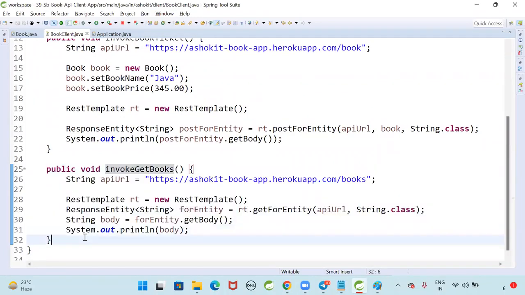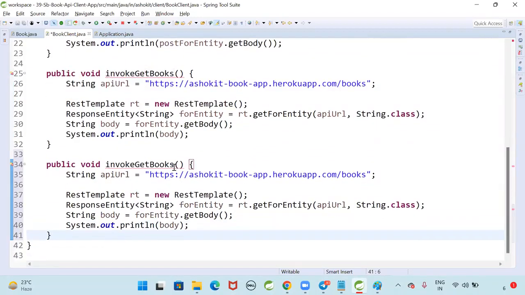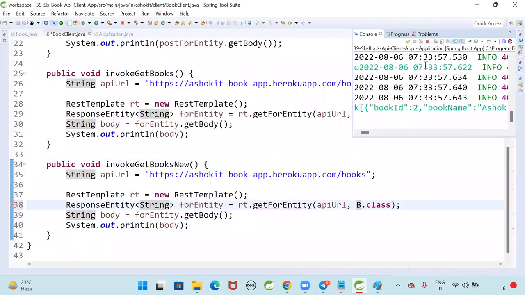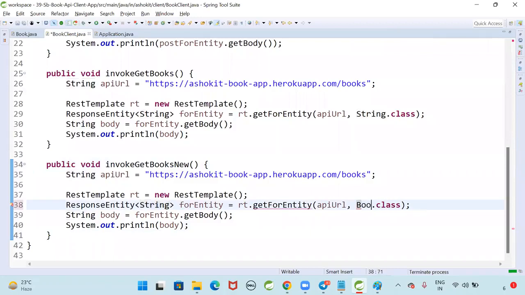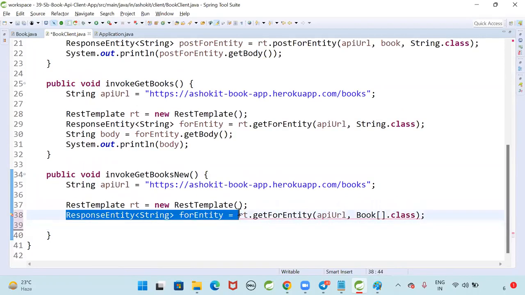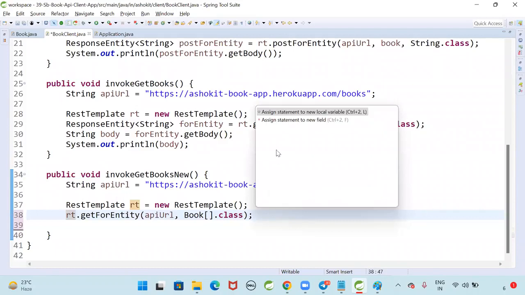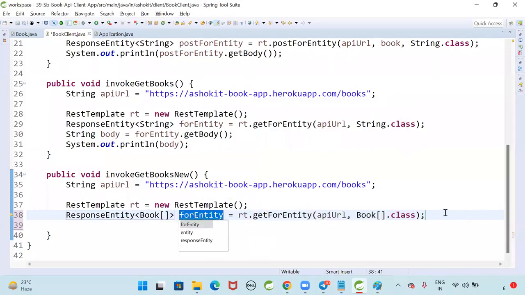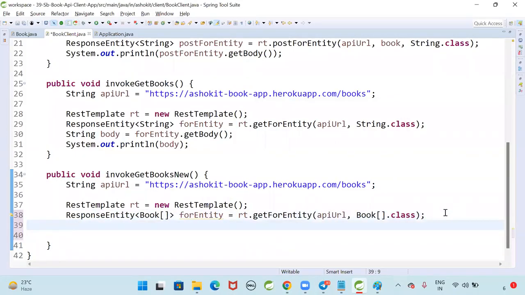I don't want to use JSON as it is. I want to hold the data in the object format. The API is giving me a JSON array. Can I represent that JSON data in binding class format? Can I store the response data into a binding class at the client side? For entity.getBody, which is giving the book array,